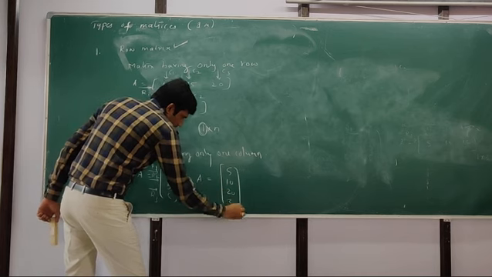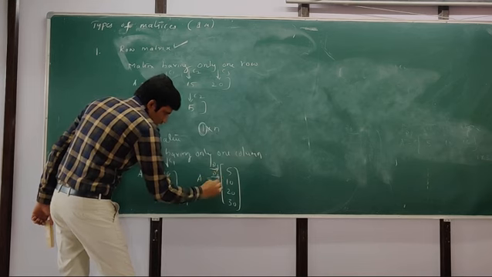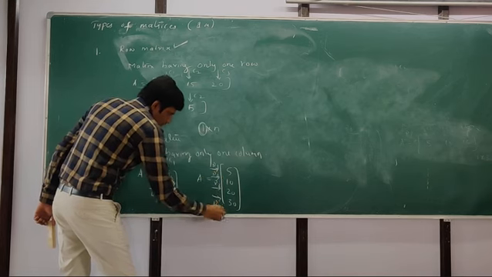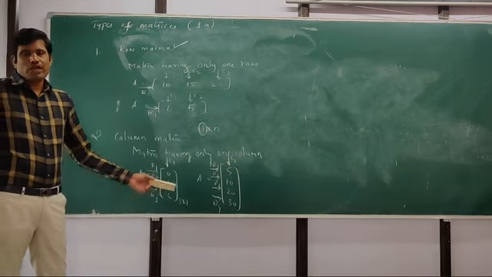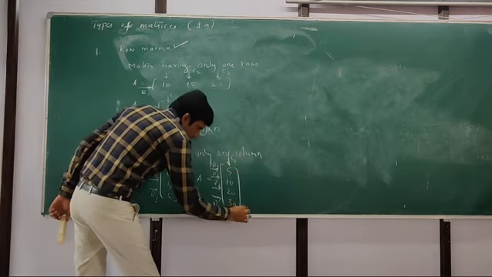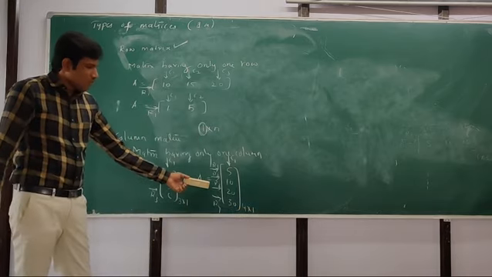This is also a column matrix. As there are 4 rows, that is R1, this is the first row, this is the second row, this is the third row, this is the fourth row, but we can see that there is only one column, so therefore this is also a column matrix. So what is the order of this matrix? There are 4 rows and only one column, so therefore this is a column matrix.